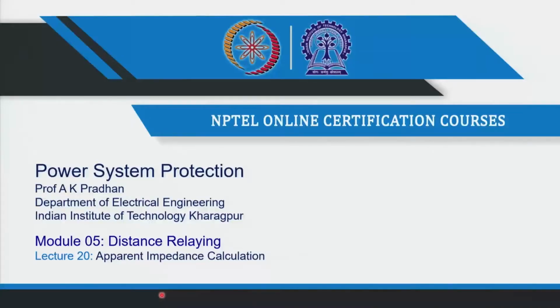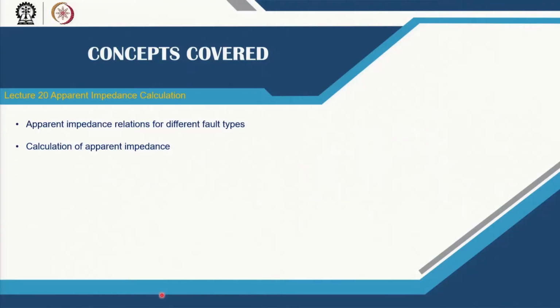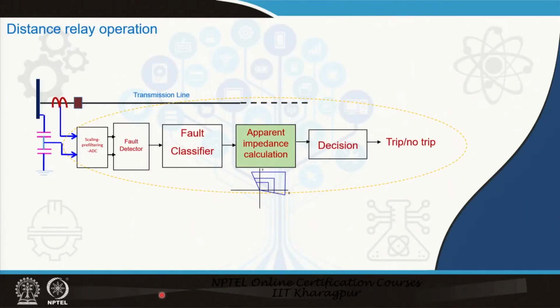Today we will continue with the distance relay lecture on apparent impedance calculation. Our focus will be on apparent impedance relations for different faults, calculation of apparent impedance. Last class, if you remember, we have this basic configuration of a distance relay having